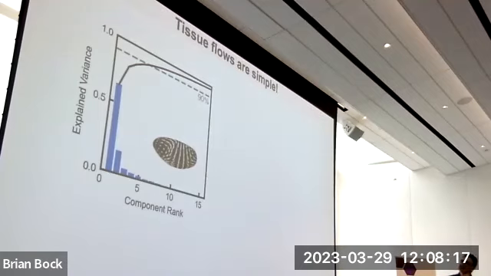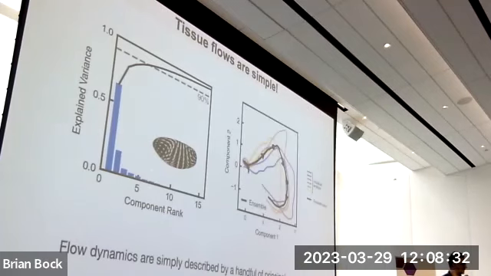So the first thing is that these tissue flows are simple. Simplicity is always in the eye of the beholder. They're not simple in the sense that I can use conformal math and solve for them. But they're simple in the sense that if I do a principal component analysis, only a handful of components are enough to describe that flow at any given time, with relative weights that change as a function of time. And here I just plotted the flow of the system in a space of two components as a function of time. Notice that every embryo has a somewhat different trajectory, revealed in parallel, but there is an ensemble mean that we can use to try to elucidate the behavior of the system.